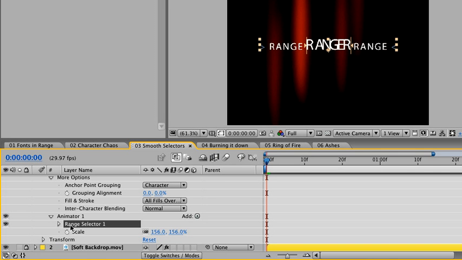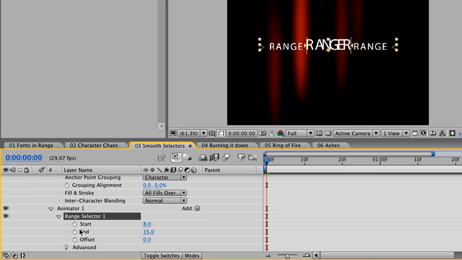and end exist. If I open up the parameters for range selector, I can see that in addition to my start and the end, I also have the option to offset where the range selector lives. By sliding this in a negative value, I'll slide the entire range selector to the left. By changing the offset value to a positive number, I'll slide the range selector to the right. By doing so, I'll modify the scale for those characters which fall under the range selector. If I move it far enough to the left, I can move it out of the range of the entire